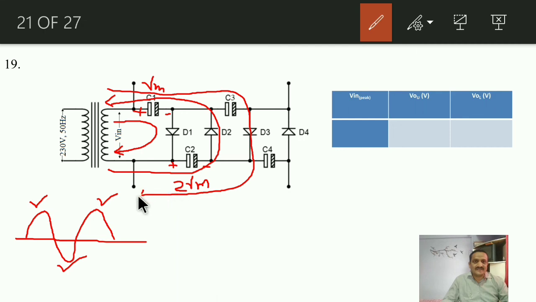Now see why diode D3 will conduct over here: because its cathode terminal is at minus twice of Vm. That means diode D3 is highly forward bias as compared to diode D1, is it? And that's why D3 will conduct, and capacitor C3 will charge up through that diode D3 again with the maximum available voltage in that path, and the maximum available voltage is twice of Vm. So the voltage stored by capacitor C3 again will be twice of Vm, not thrice of Vm, remember.